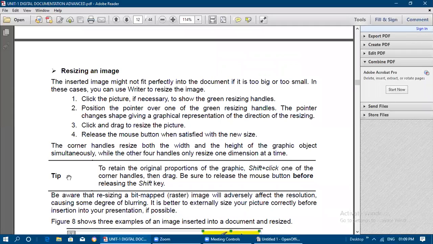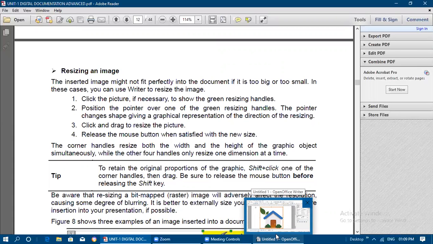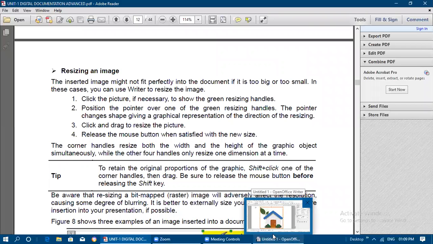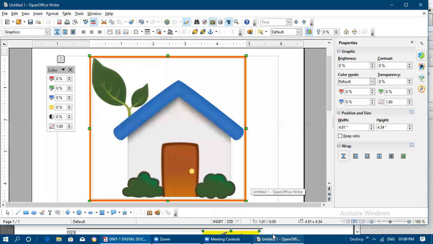Okay, so you need to remember one tip here: to retain the original proportions of the graphic, we need to shift plus click one of the corner handles, then drag it. Be sure to release the mouse button before releasing the shift key. If you want to maintain the original height and width of the image, the proportions of the image,